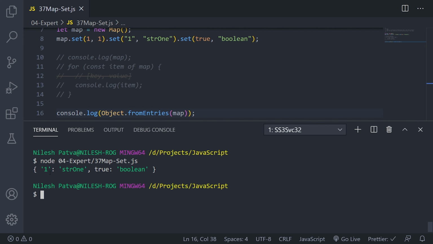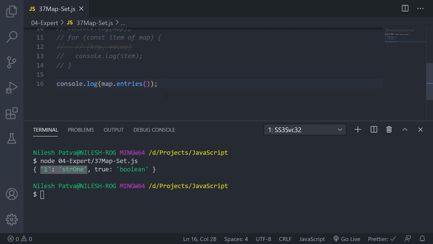So my first entry goes as string one, then the one value has been overwritten by the string one. That's why an object is not suitable for such requirements. If you want to create any type of key, then you have to use a map. So that is why we need maps.